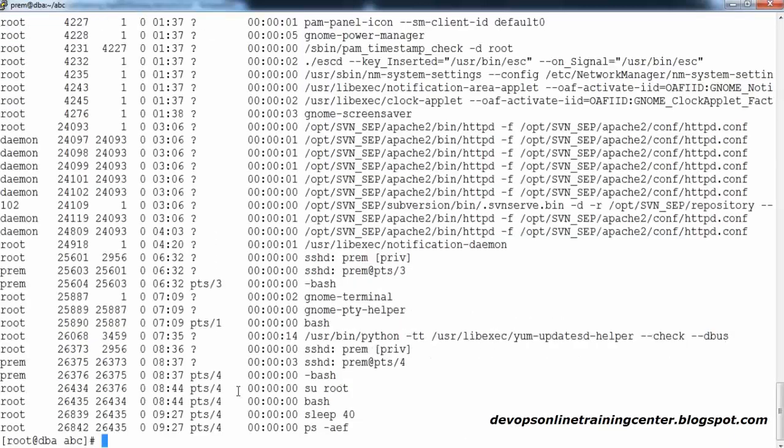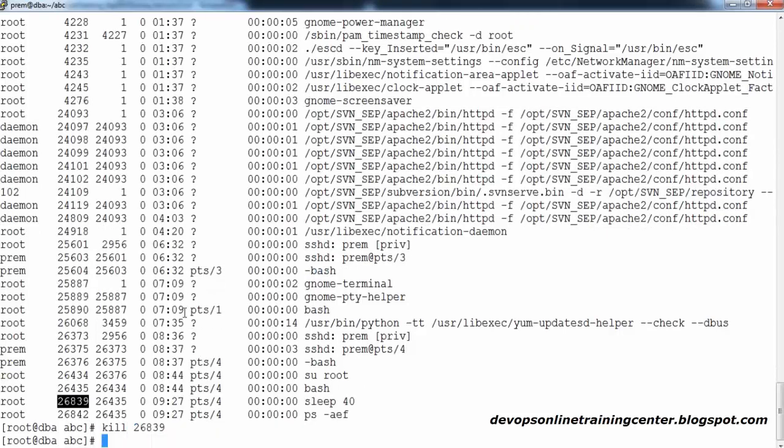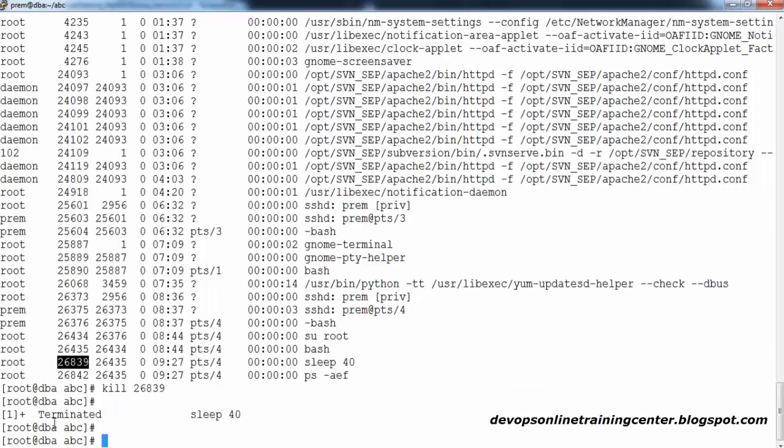Now I'm fed up with this process, I want to kill it. Okay, so if you want to kill this sleep process, you select what is the PID, 26839, kill, and do this. Look at this, it is terminated. Okay, can you see this? Terminated. So while it is sleeping, I terminated it. See why I'm using sleep: there are all important processes running, I don't want to disturb them. So in reality, some process is running, and you can kill that with the help of the PID. Okay, that's called the kill command.